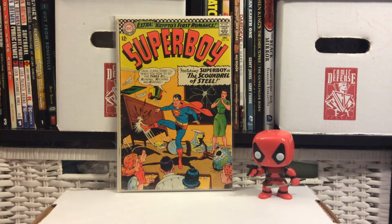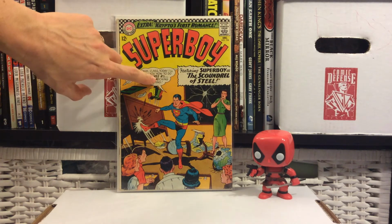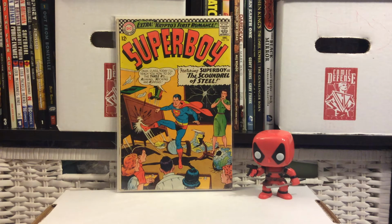And this is part of that other lot of old books from the Facebook group. This is Superboy number 134. I thought it was hilarious because Superboy, again, being just a big dick, smashing up the school, saying, "Okay, class, I'll teach you how to do the 3 R's. Running, wrecking, and ripping." But as you can see, they spell wrecking wrong because wrecking starts with W, as we've